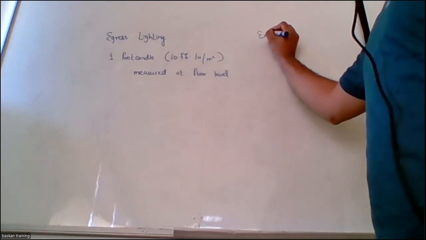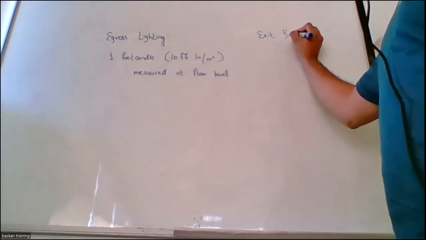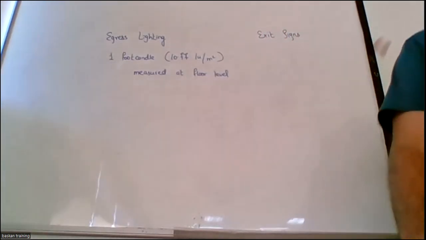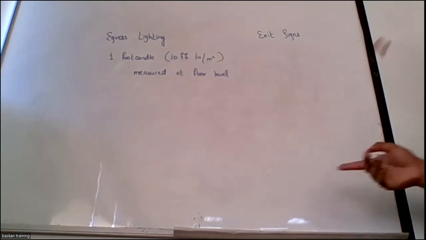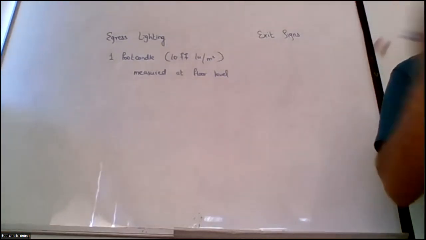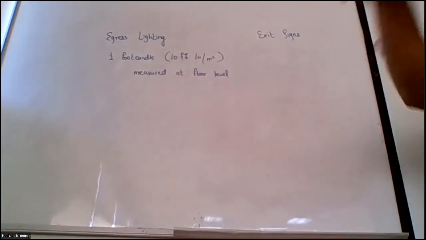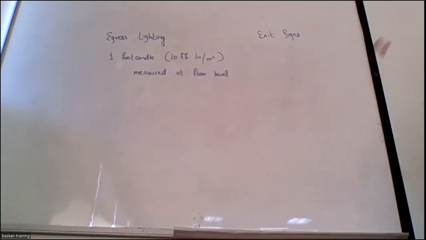Exit signs, we have discussed already, right? Exit signs, green or red, it could be both. But the only thing is that it should not contradict with the interior colorings. So if it's green coloring, green interior, I will have a red emergency exit sign. If it's red interiors, I will always have green.